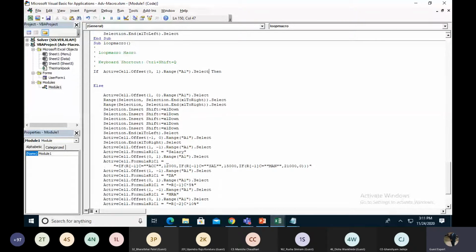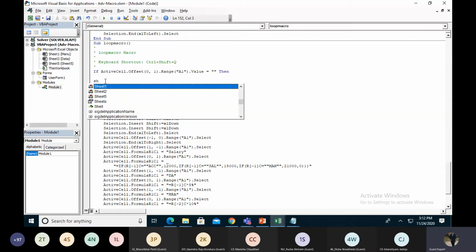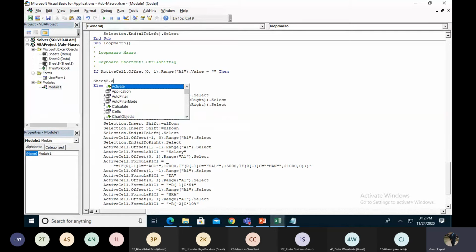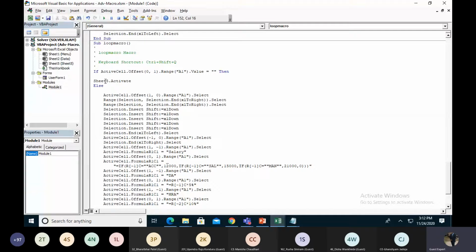I paste it, and remove the select and value. If it finds a blank, this sheet is right now Sheet5, Sheet5.Activate, but sometimes there may not be Sheet5. So I remove Sheet5 and use ActiveSheet.Activate.